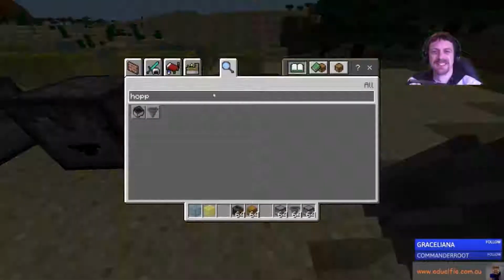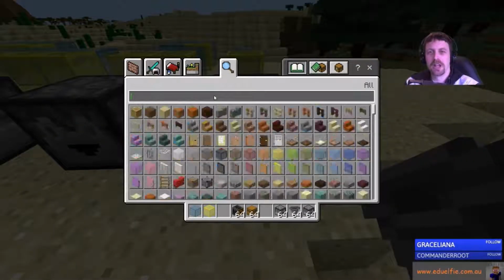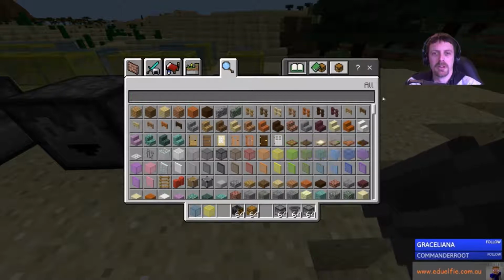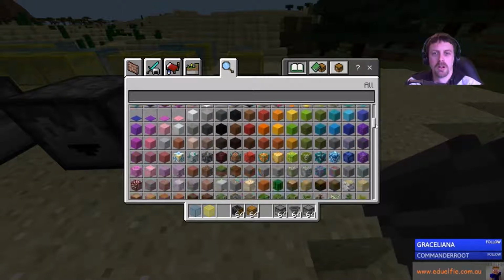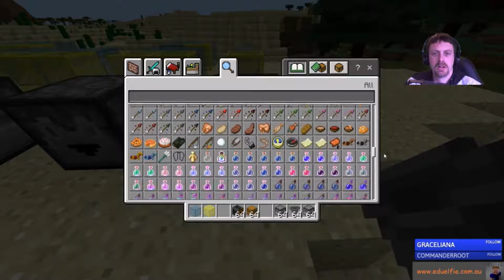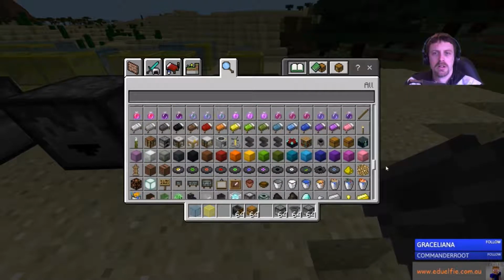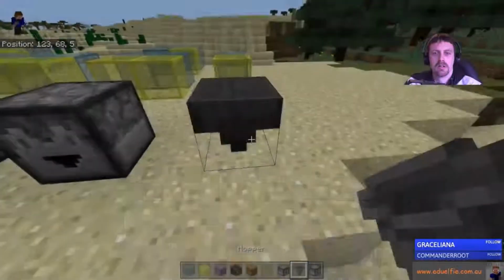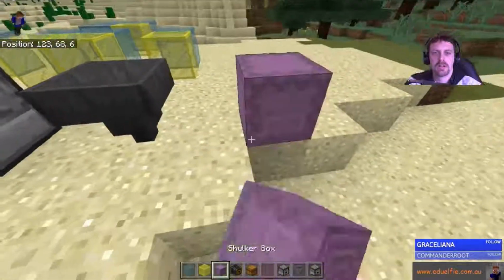Flowers. I'm just grabbing out a whole heap of different things with inventories in them. So if I put 2, 3, 4, 5, 6, 12. I think that's a standard chest size.